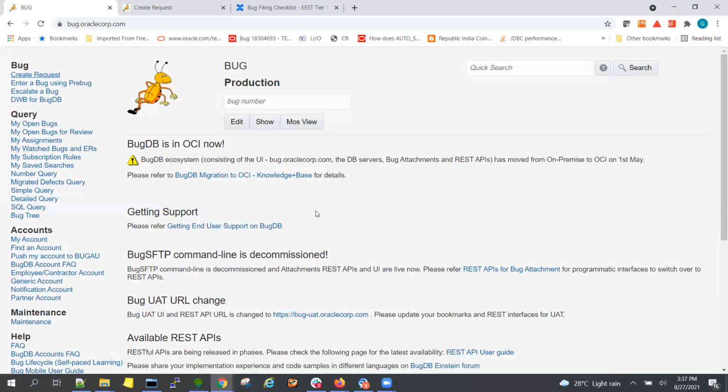The second one is to get the past AWR reports, hang analyze dumps, diag traces, then alert logs and all. For example, there is a concurrency issue which was reported a week back, on the same timestamp, between 2 to 3 p.m. Even now it is closely matching the same timestamp, and after a week's time they got to know.